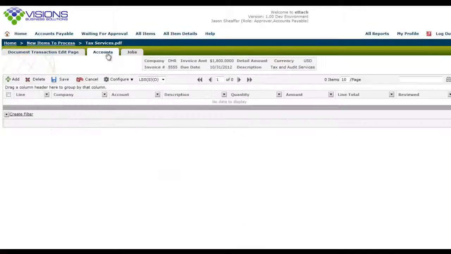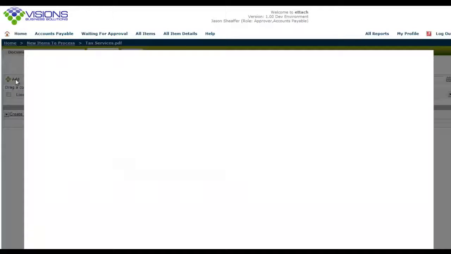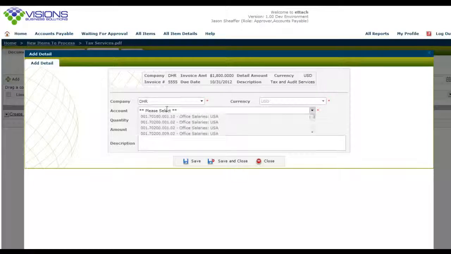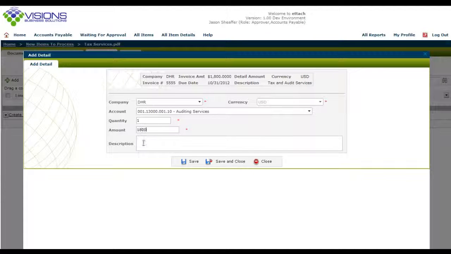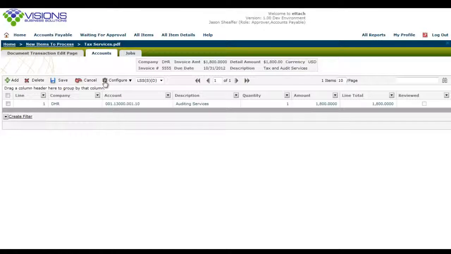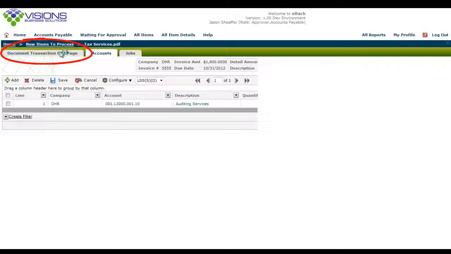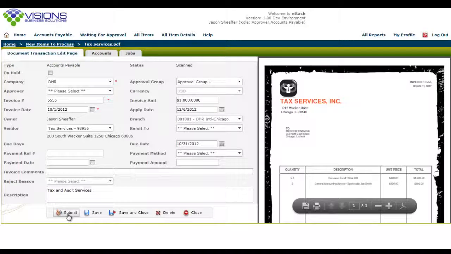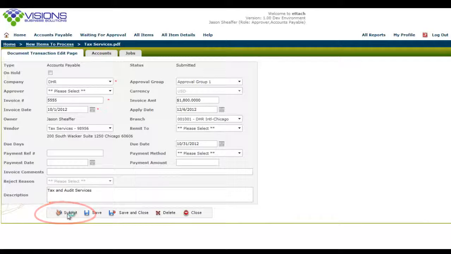By selecting the Accounts tab, you'll be able to enter your detailed lines for the transaction. Select an account for the line, as well as entering the quantity and the amount for the specific GL account line. You'll also be able to add lines to the vouchers if they relate to job cost. Once you have finished entering all the information, click Save and Close to get back to the line entry screen and select the Document Transaction Edit page to review the invoice and select the Submit button to submit the